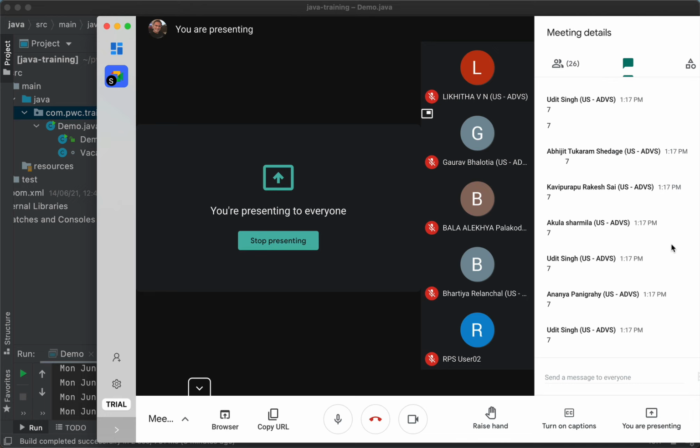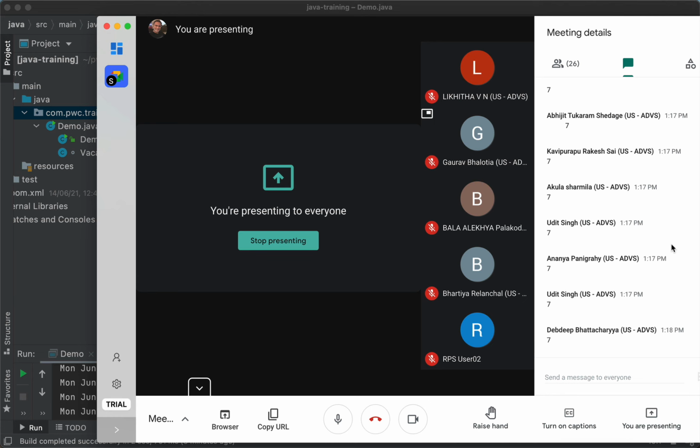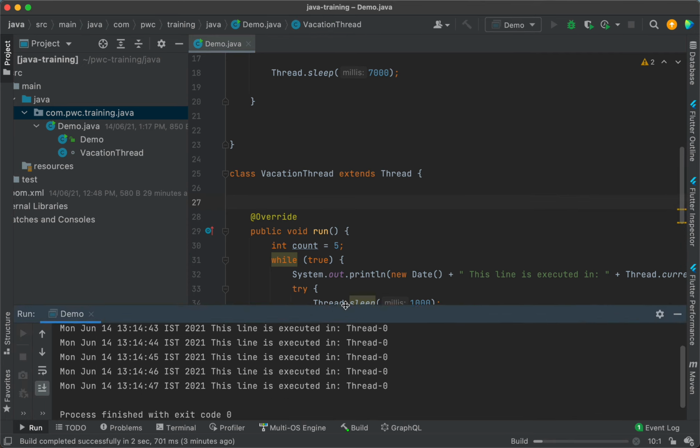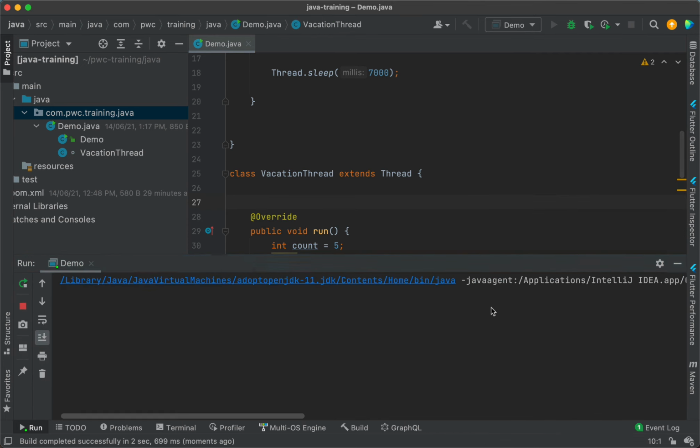Brilliant. It's worth spending time and effort while training people like you all. Super. Brilliant. Exactly. So this is going to take 7 seconds. All in all, this is going to take 7 seconds, right?